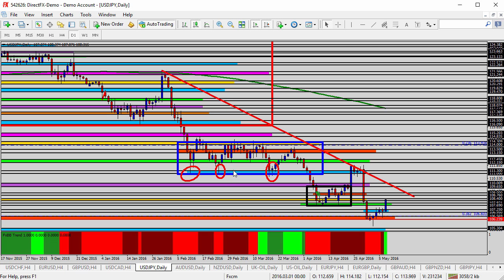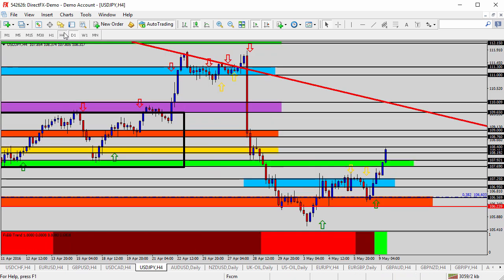A couple of clues that we might look for, though, are, of course, price action that indicates bullish price action: rising lows, rising highs, change in the trend pattern. I think we might be beginning to see a little bit of that now. We see that the Forex Black Book has switched over to green, giving us a clue to maybe some bullish momentum. But again,